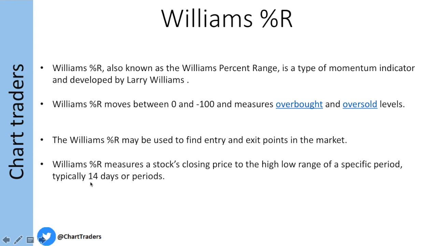If you take Percentile R with a 14 period, when it crosses over -80 and -20, those are your oversold and overbought zones. Whenever it crosses -20, it is known as the overbought zone. When it crosses -80, it is known as the oversold zone. So it measures the stock's closing price against the last 14 days' high and low. Whenever it crosses -80, it is at a low of the last 14 days. When it crosses -20, it is nearly equal to the high of the last 14 days. So it also measures the high and low of your previous 14 days.